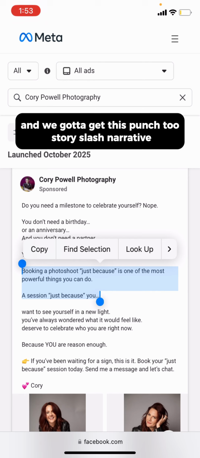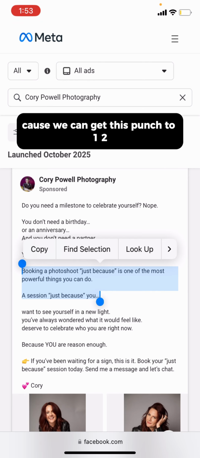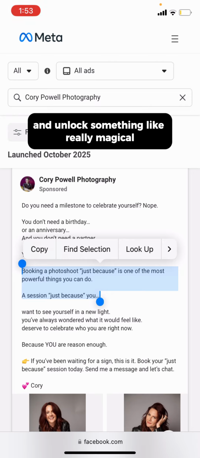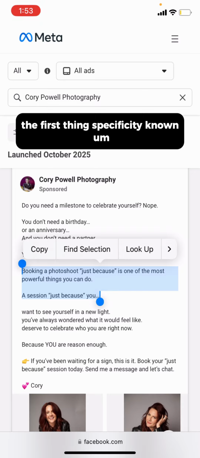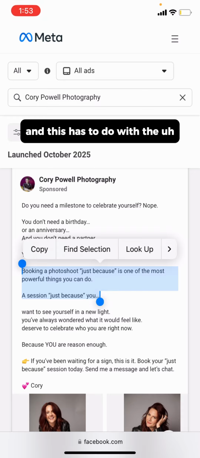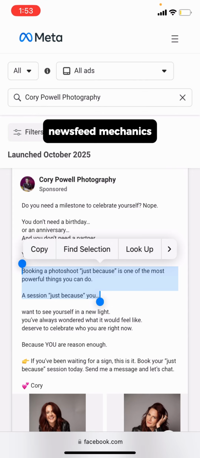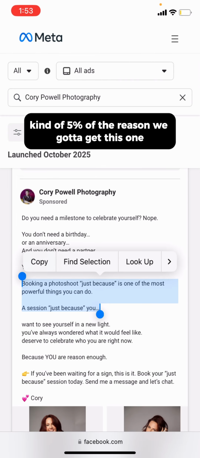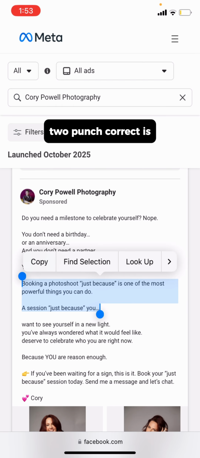And we gotta get this punch two, story/narrative, because we can get the 1-2 punch correct. It unlocks something really magical. The first thing is specificity. And this has to do with the newsfeed mechanics, or Meta ad algorithm and newsfeed mechanics. Kind of 5% of the reason we gotta get this 1-2 punch correct is